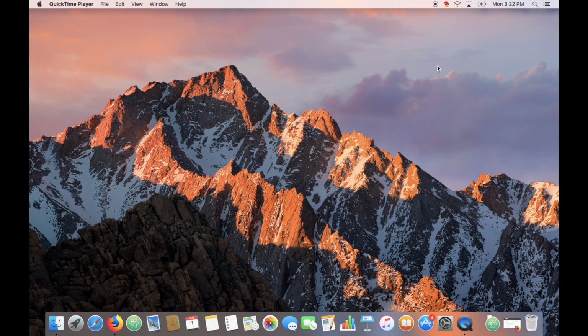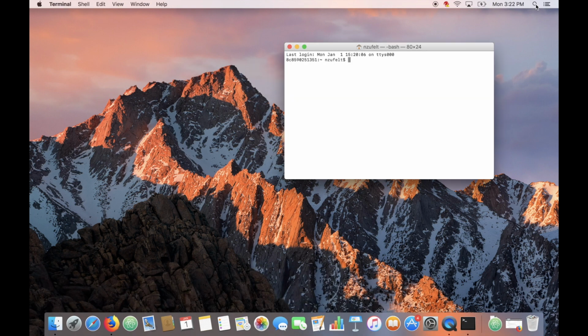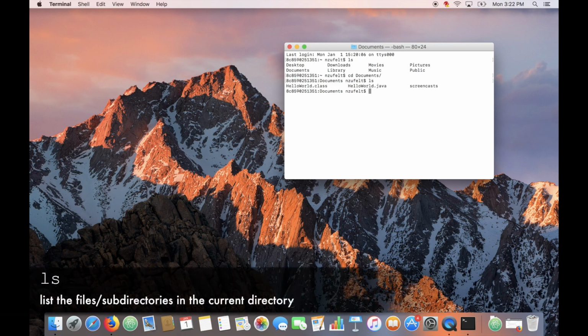The first thing that we're going to need is our terminal. So you can go up to your Spotlight search, or you can hit Command Space to pull it up, and you're going to type terminal. And you're going to pull that up, and okay, here we go. Great. So I can navigate through my folders and my files. I can cd into documents, and okay, great. Now I'm in my documents. I can ls -al,